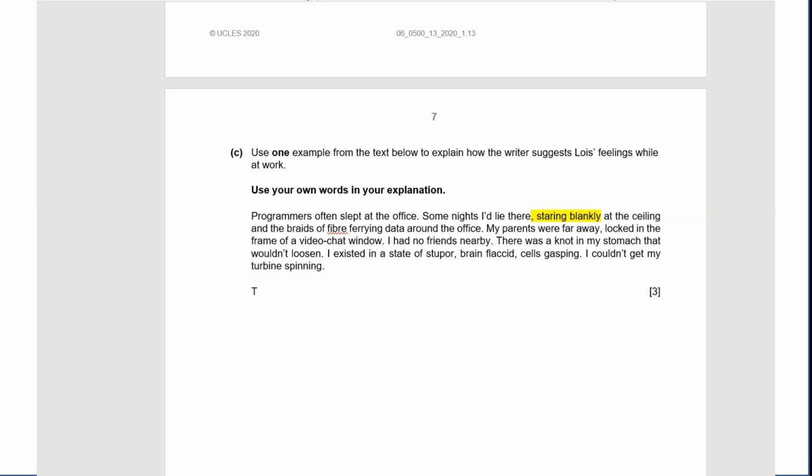So I'm simply going to put the phrase 'staring blankly' conveys Lois's, would help if I spelt her name right, Lois's apathy towards her job. That's our first point, using that abstract noun, apathy, towards her job. She's lost all focus because she's staring blankly. She's lost all focus, and